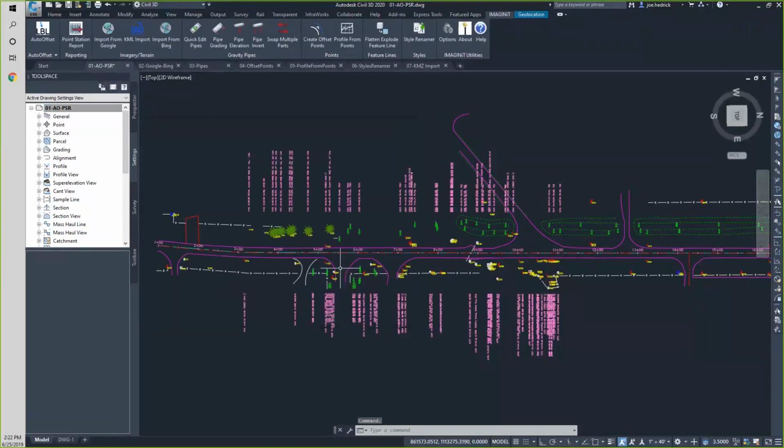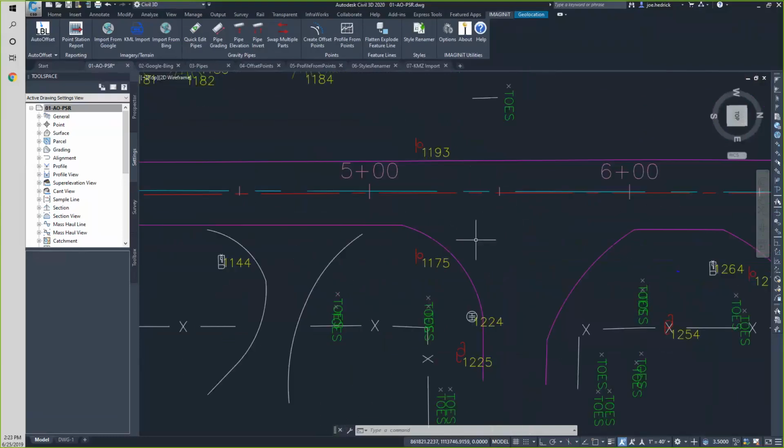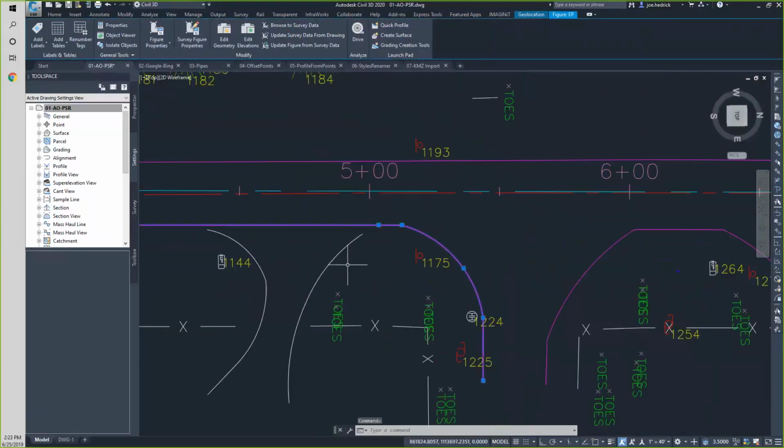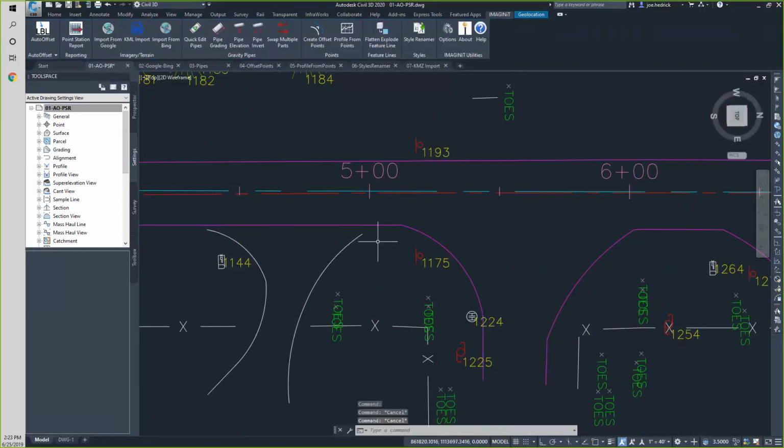All right. So while we're inside of this drawing, this is a good time to show off one of the newer tools, and we'll do flat and explode feature line here. And just for kicks, we're going to zoom in, and we'll take a look at this particular survey figure. And this was collected in the field. You can see that the arcs aren't perfect; they're not perfectly smooth. But what happens is, if we were to explode this with the explode command,